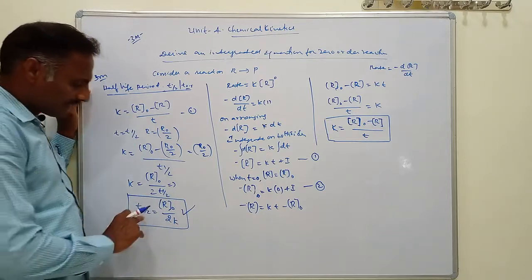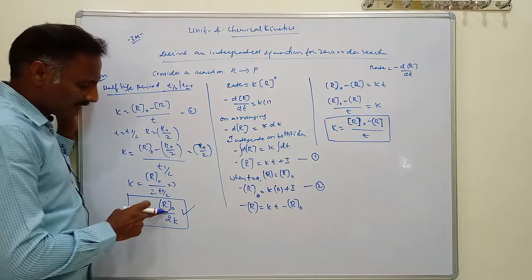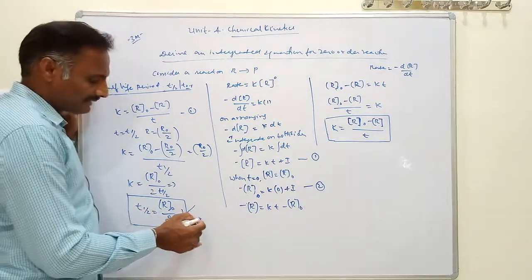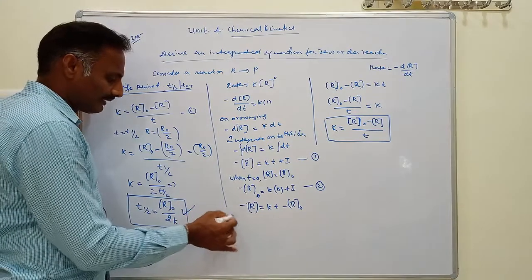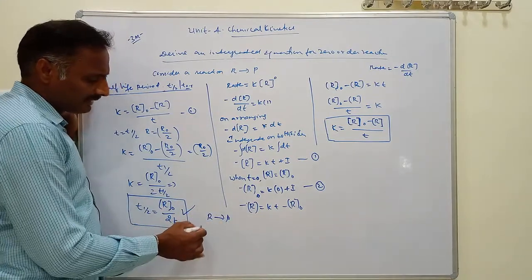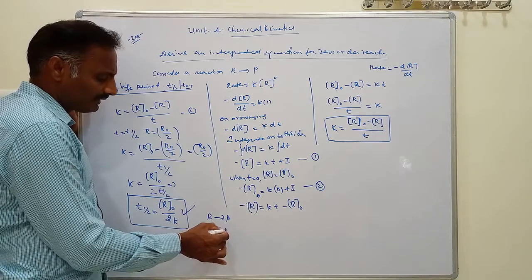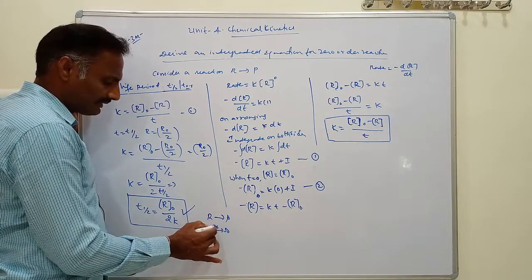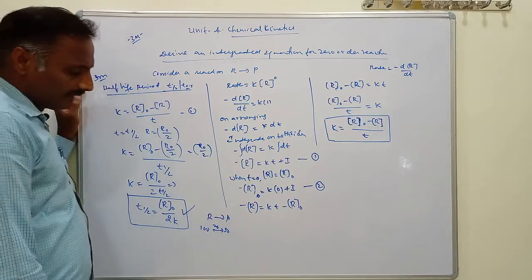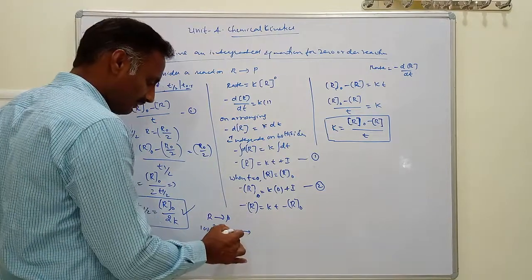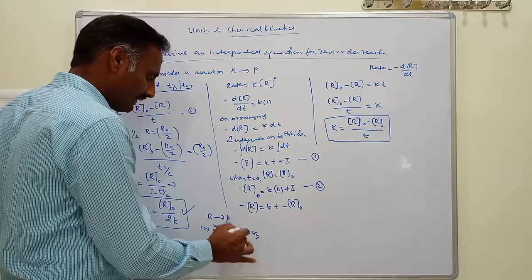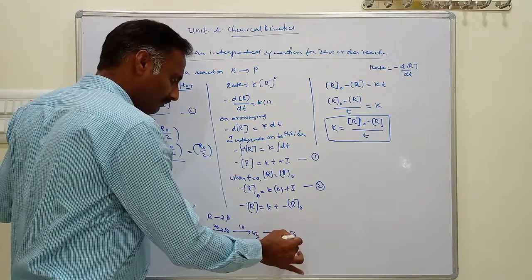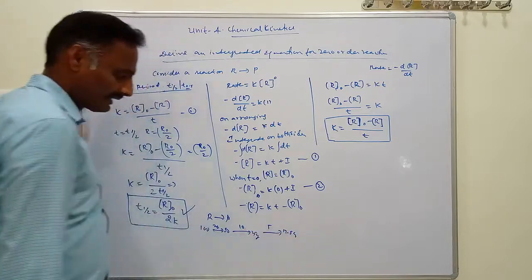Then what is the meaning of this? As initial concentration increases, half-life period also increases. For example, take R gives P as the general reaction. If you take 100 gram converting into 50 gram, it takes 20 minutes. Then 50 gram converted into 25 gram takes 10 minutes. And 25 gram converted into 12.5 gram takes 5 minutes, like this.